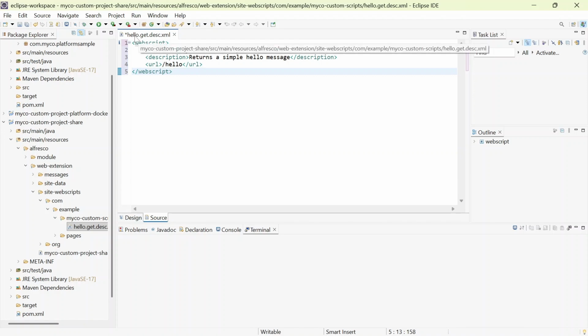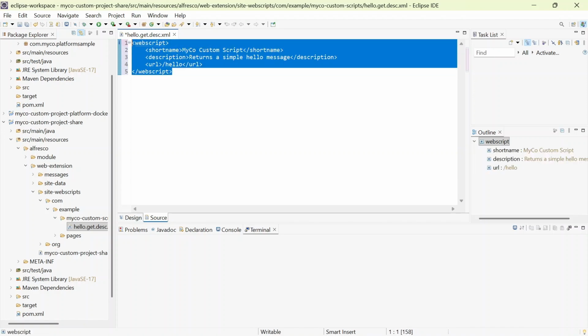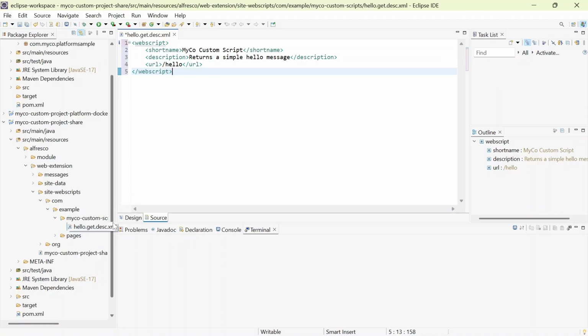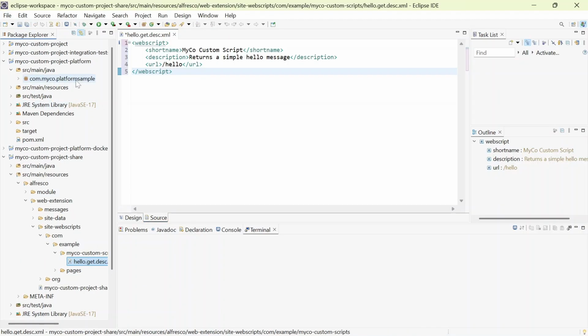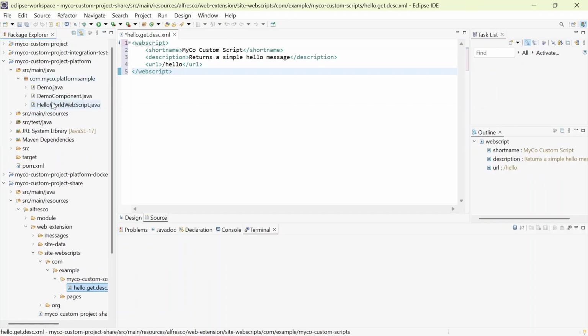So this is my web script description file. I'm creating a Share web script. Similarly, I already got one web script created by the Maven template. So this is already there, so I will not create anymore here. So here I'm creating one. So I need a description file. Then I need